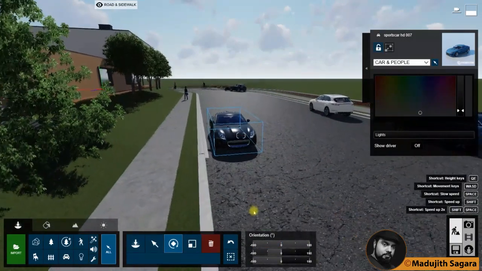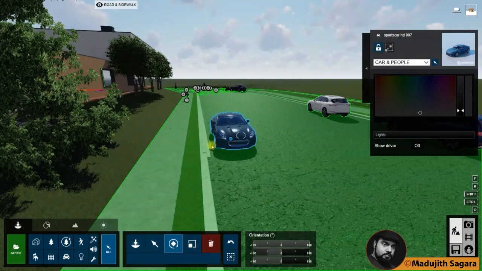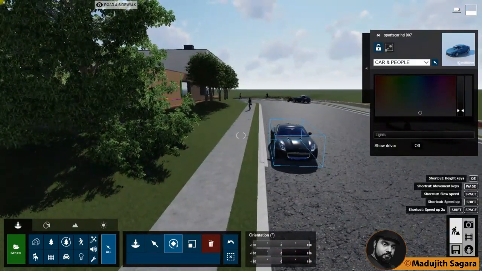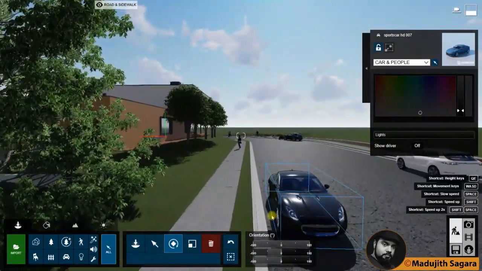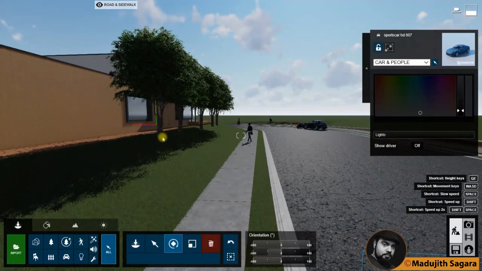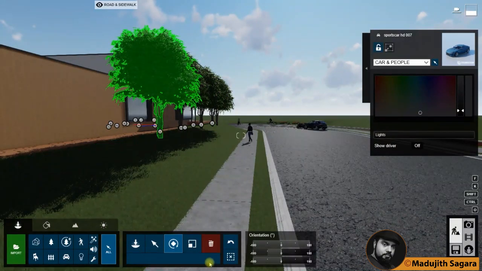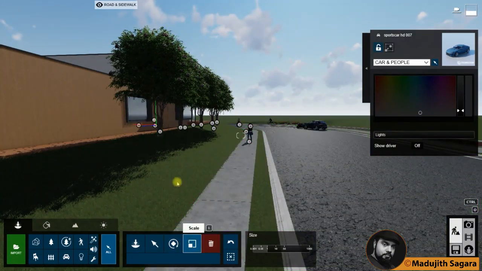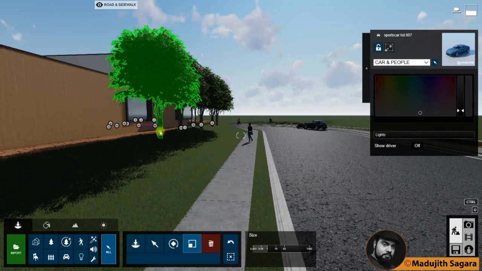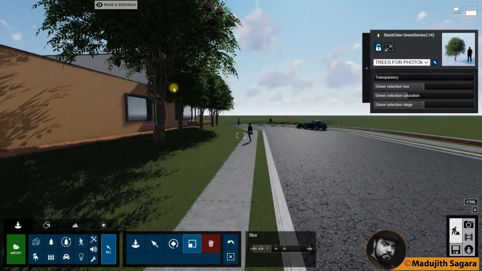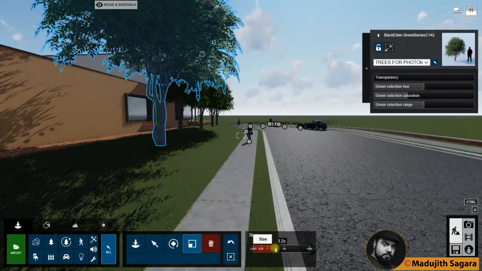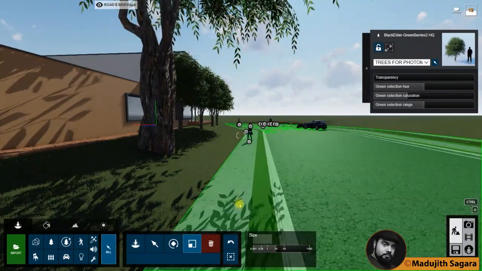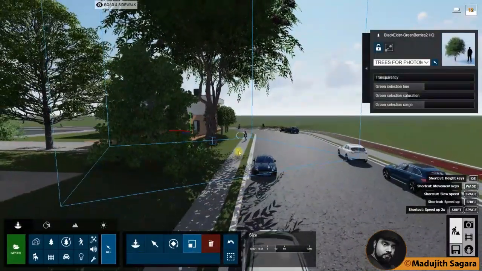Now think that you need to scale up something. I'm not going to scale this car or this woman. I'm going to do the scaling using a tree. Then you will go to a tree. Here you can see a tree. I'm going to scale this tree up. How to do that? Press on the scale icon, then select the tree and scale it using the mouse. And also you can do it manually using this scale tab. Here you can see now you are having a huge tree.